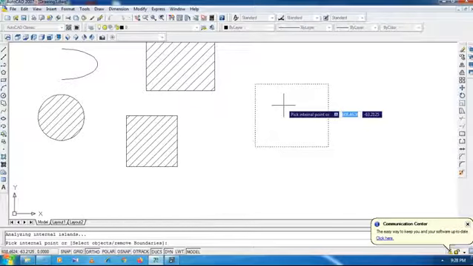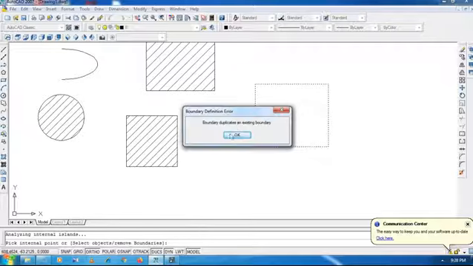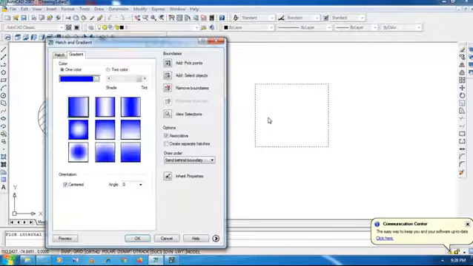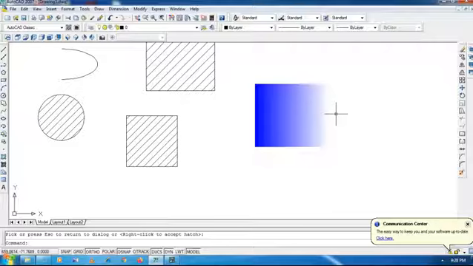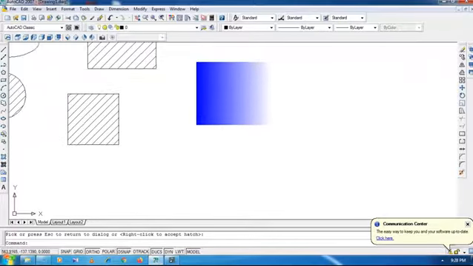We have selected the points, then enter and select preview. If you press enter, it will become permanent. Like this you can change the gradient. One more I will show you.